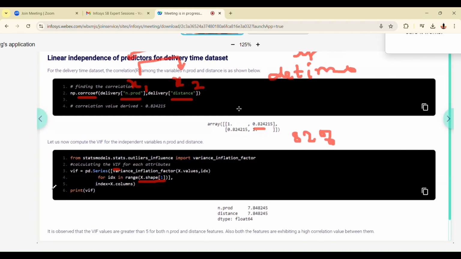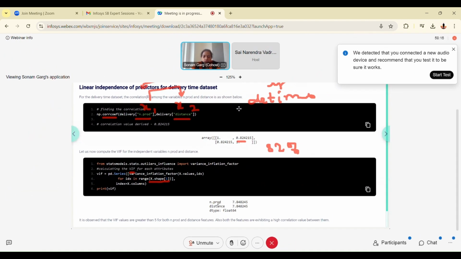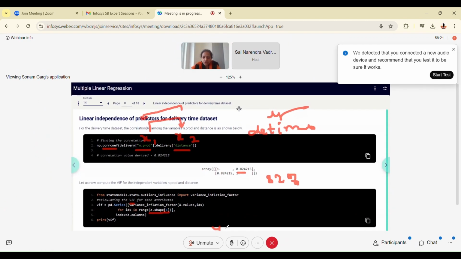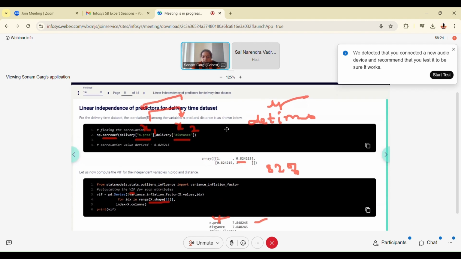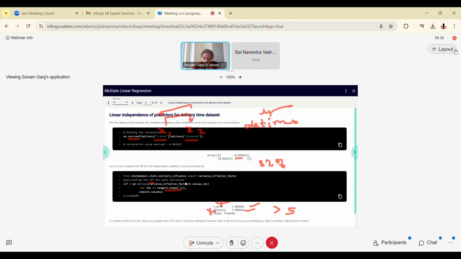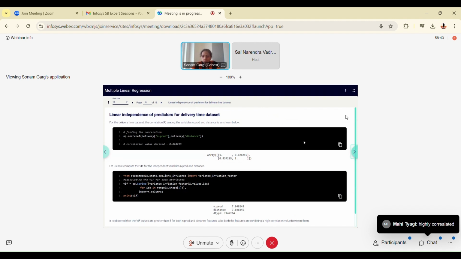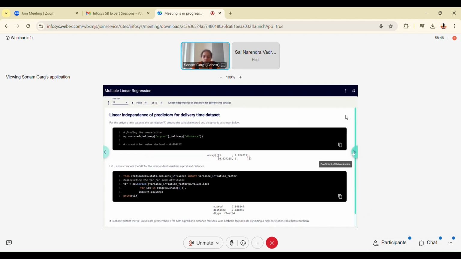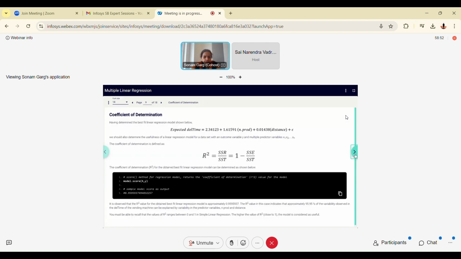And this is for putting it here like this in a data frame. So this gives you nprod, the variance inflation factor of nprod. That means when nprod is Y, it comes to this. When distance is Y, then it comes to be the same. It will be the same in both cases because they are correlated. And 7.8 is greater than 5. In the chart on the previous slide, we have seen that if it is more than 5, then we have a strong relation between nprod and distance. So ideally, we should not be taking them together. Either one of them can be dropped. But still, you can take it if it is working for you.